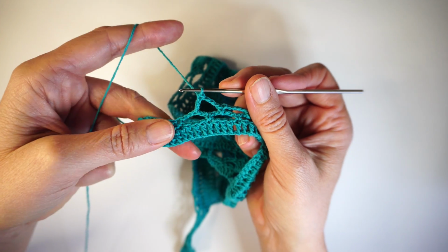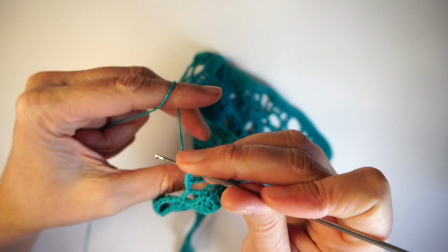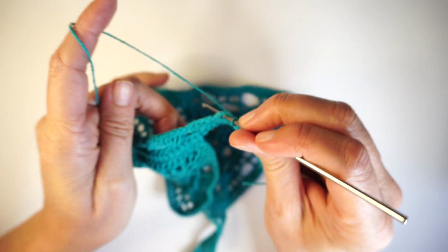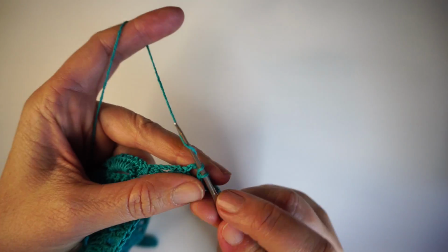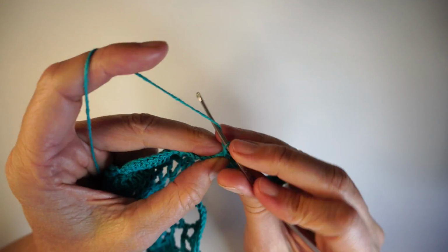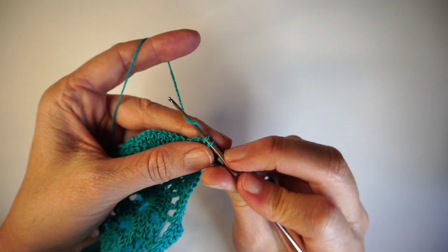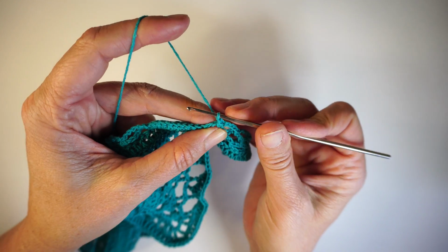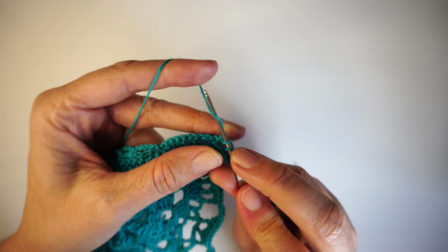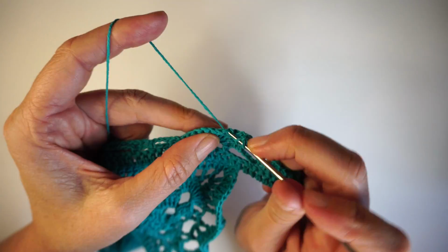so that way I finish on the top here and I can go straight to my 5 next chains with a single crochet in this next arch here, and then 1, 2, 3, 4, 5, another single crochet in the middle of that 2nd arch, and then from here I'm going to make 1 chain and 1 double crochet in each one of the double crochets. So 1 chain and 1 double crochet, 1 chain, 1 double crochet,